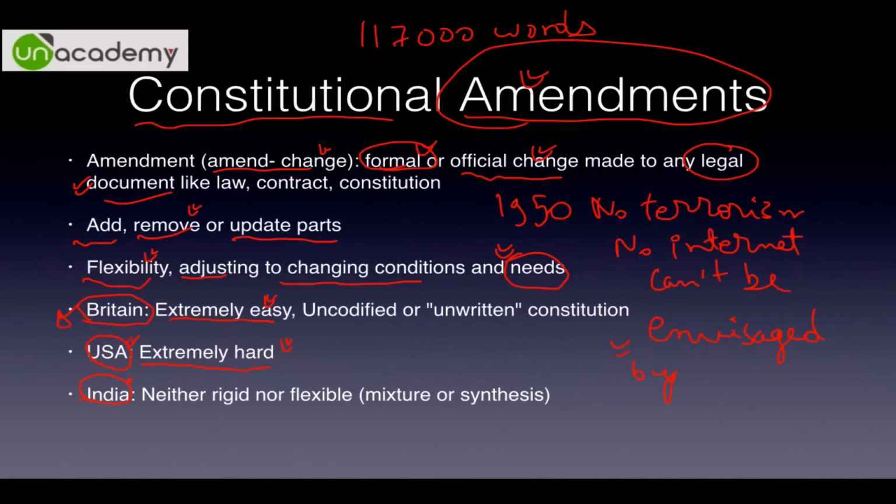In case of India, we have a mixed approach. We have a synthesis. It is neither very rigid, nor very flexible. So it is the best of both worlds. Meaning, the ruling party, let's say if it has majority, cannot amend on whims and fancies. It cannot just go about and change the entire constitution. Similarly, you do not really need too much support from other people. If some MPs allow you to amend it, you can easily amend it. So it does not give an absolute power to amend it, plus it also restricts you, and it also enables you to do it very easily in certain other circumstances. We will know in detail now.